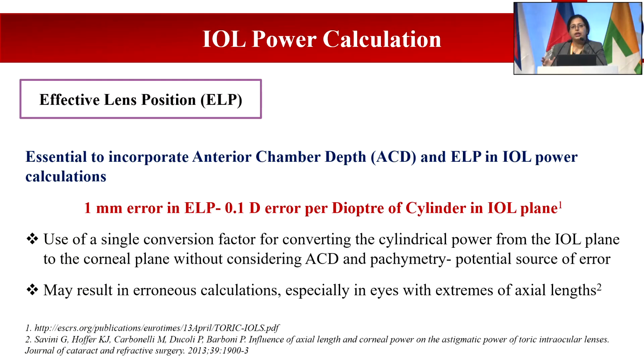It's still the holy grail of IOL power calculation. When we look at the axial length and keratometry, we are almost there in terms of precision. We are very reliable with the newer devices. Effective lens position is what is still giving us a variability in not reaching 100% of cases within plus minus